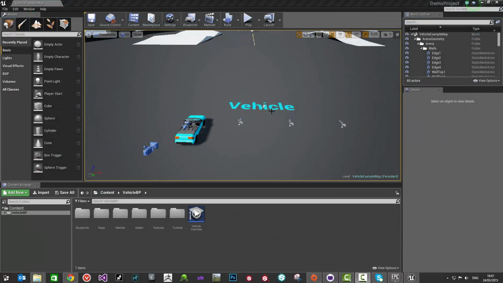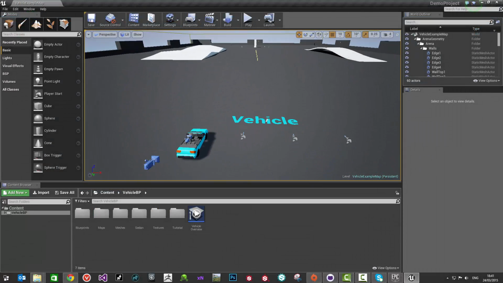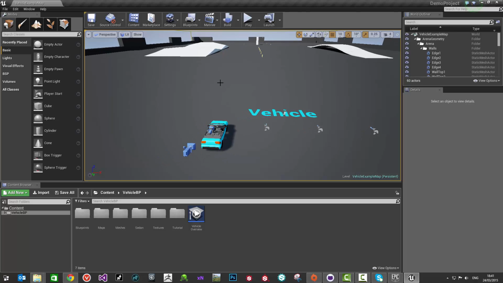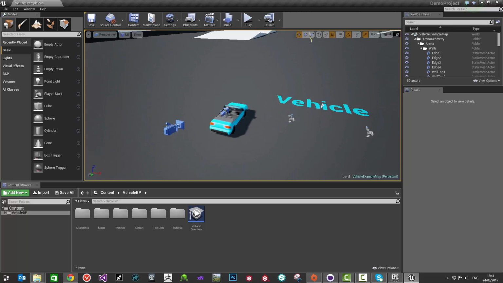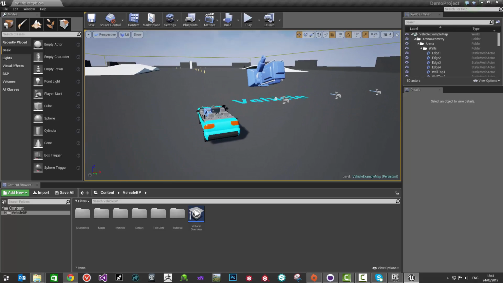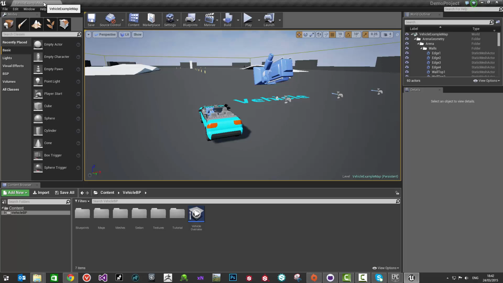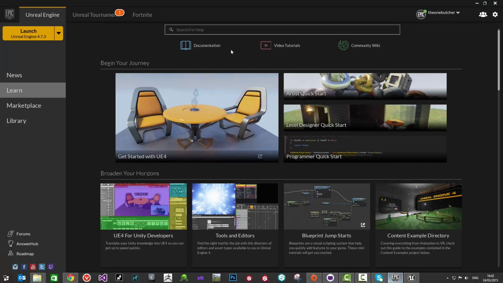Okay, so I have a version of Unreal Engine open here which is 4.7.3. Now as of 4.7, I believe was when it was first implemented, you could start to utilize the ability to deploy your game projects over to Shield Tablet utilizing all of the really cool rendering options. Now this is just the standard version of the engine which you can download through your Unreal Engine launcher,